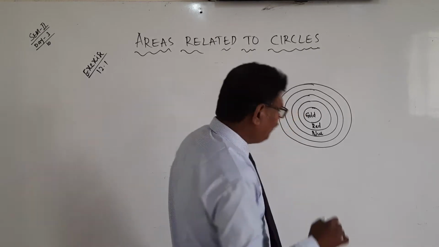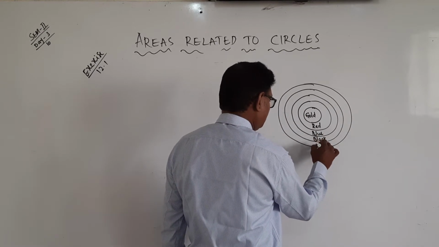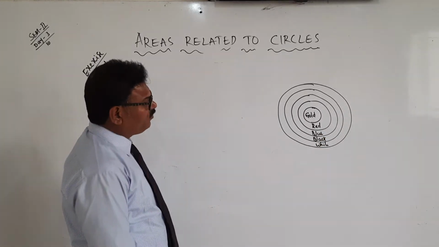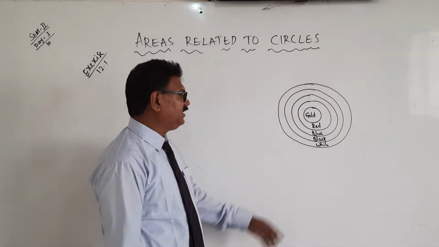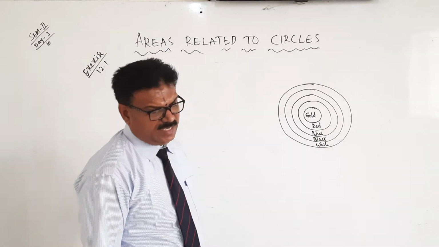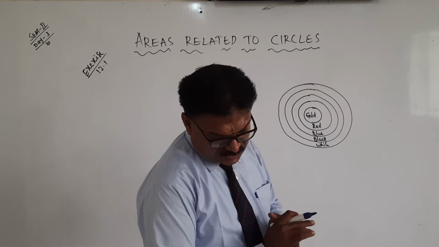Fourth one is black. And last one is white. We have to find out all the areas differently. That is gold, red, blue, black. What are the measurements given? The figure depicts